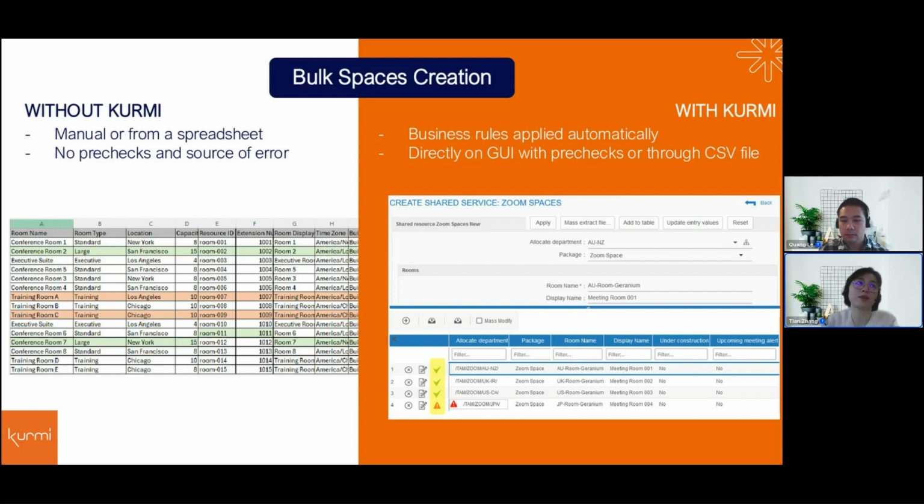Without Kermi, with the Zoom native portal, you will have to manually type the name or the settings, or you can use a spreadsheet. Of course, you have to make sure that the data is accurate, there is no error before uploading to the